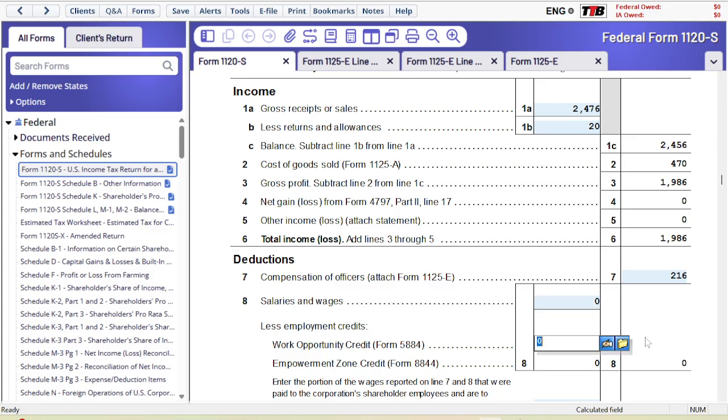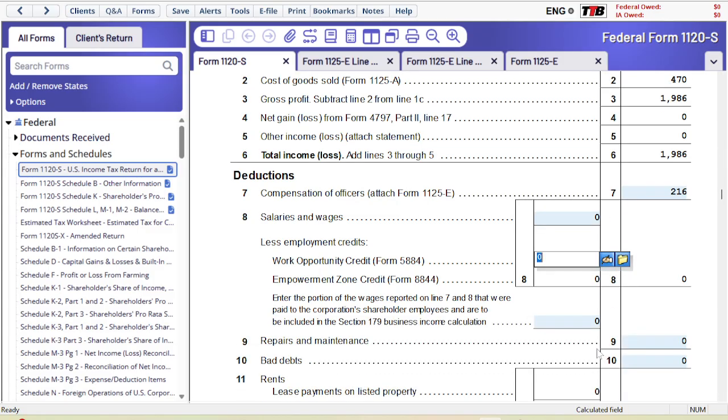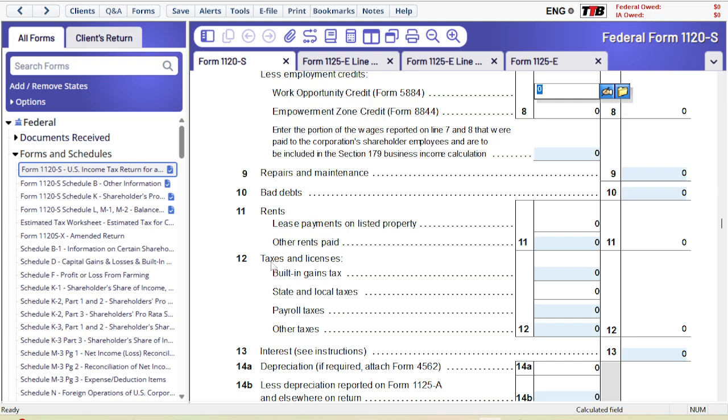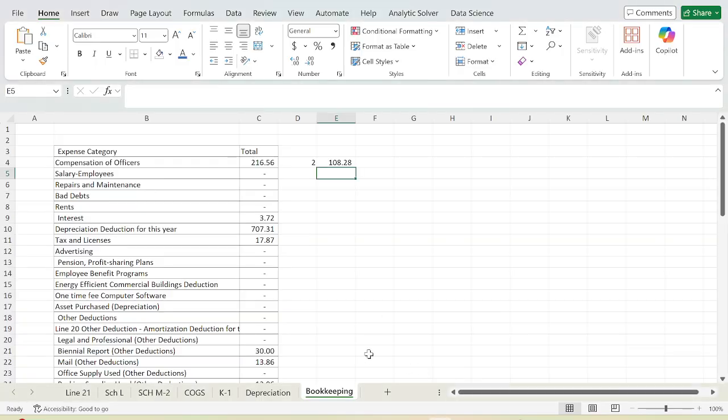Okay, so we are going to go down, excuse me, to repairs and maintenance. So if there are such things, you will add them here. And I don't think we have any of those. So if you have rent, you'll add information as well. Taxes and licenses. So payroll tax that you paid, you will go back, you will pull that and put it there. So we are going to come down here and we have